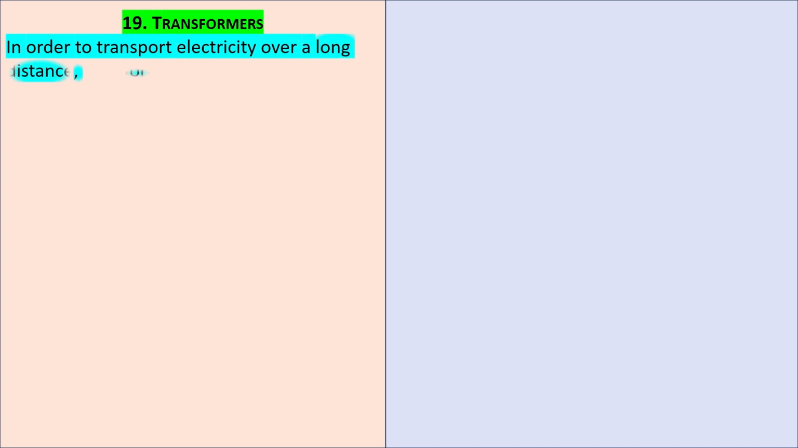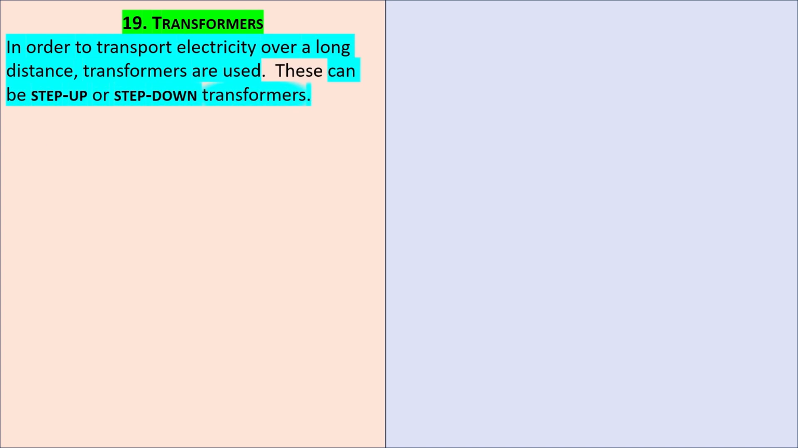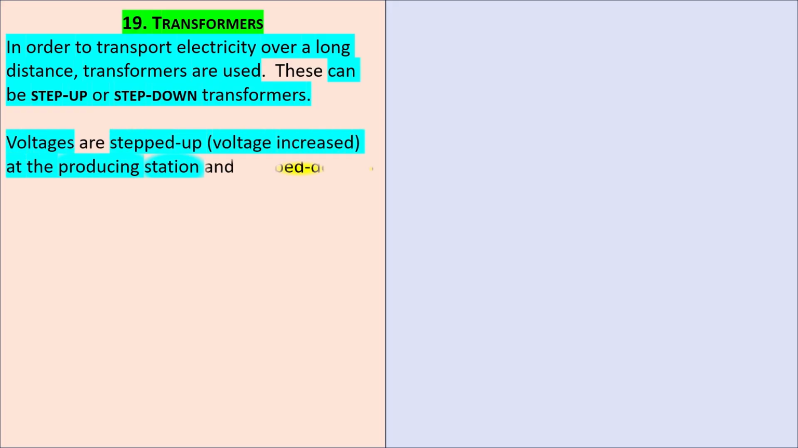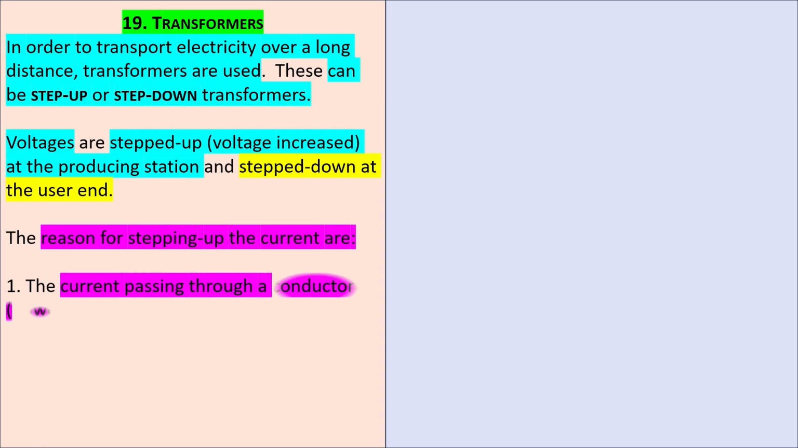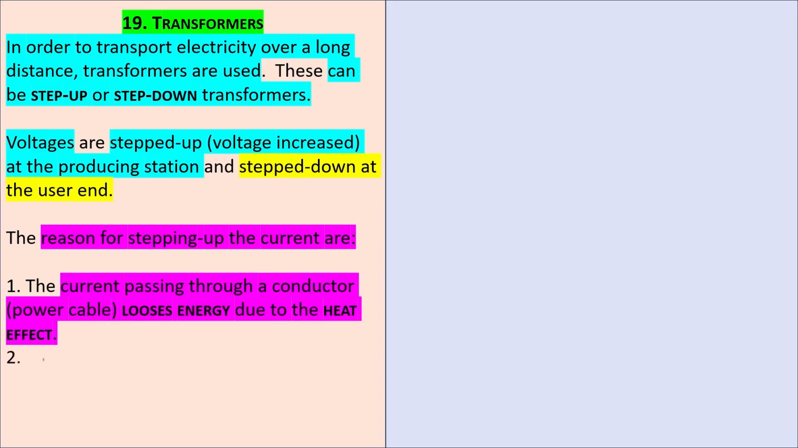Point 19. Transformers. In order to transport electricity over a long distance, transformers are used. These can be step-up or step-down transformers. Voltages are stepped up, voltage increased, at the producing station and stepped down at the user end. The reasons for stepping up the voltage are: the current passing through a conductor or power cable loses energy due to